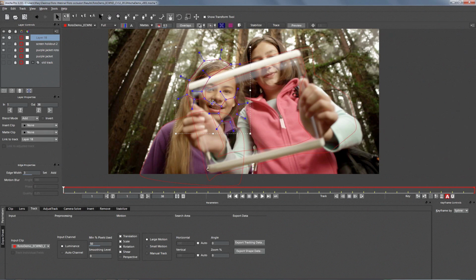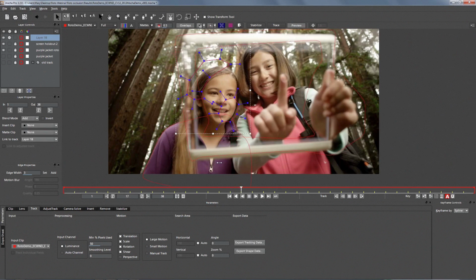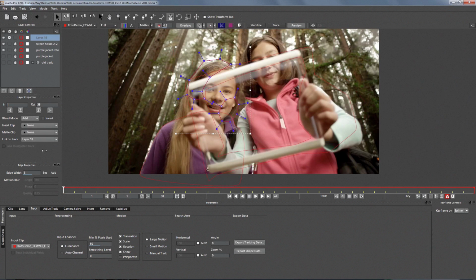Now, the reason that I'm avoiding this section in here is because there are reflections. If you look, we'll just look right quick so that you can see. Do you see how there are reflections that go over her forehead and her face quite a bit? The reason that we want to avoid them is because Mocha will see them and treat them like texture data, even though it's not, because Mocha is essentially a texture tracker, and it tracks large swaths of texture moving the same direction. So we're going to call this girl head